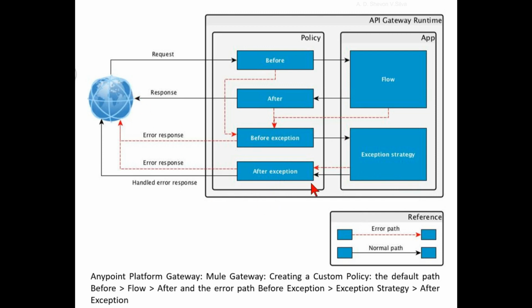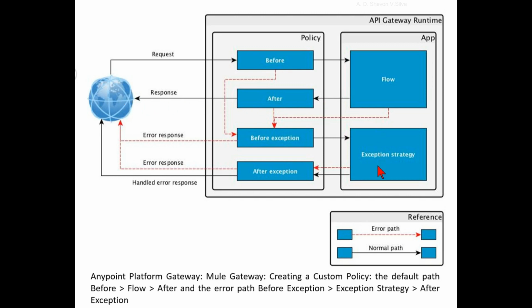Here you can see error paths with dashed arrows. Here, the normal paths. Here the request is sent to before, and before is connected to flow through a normal path, and flow is connected to after through a normal path. And the after is connected to the response through a normal path, and here